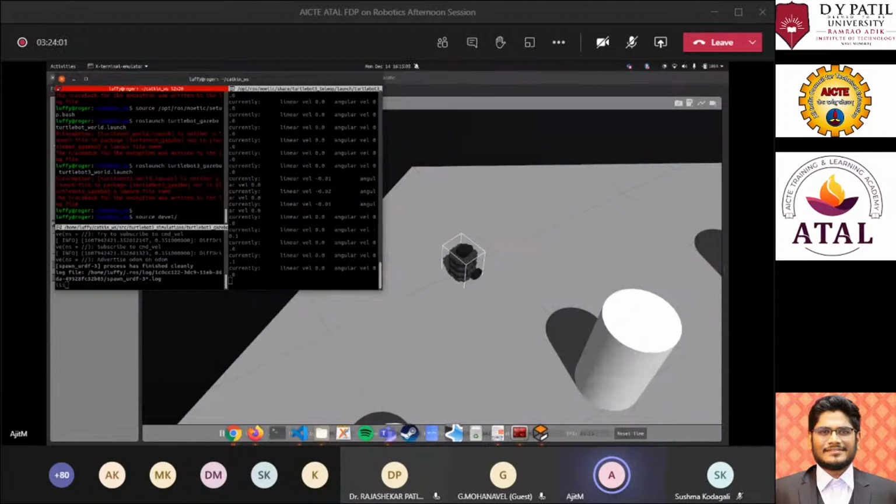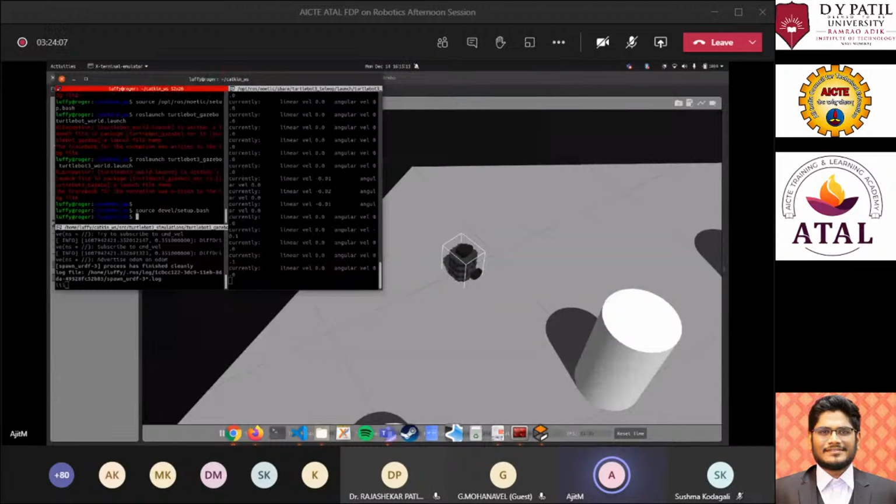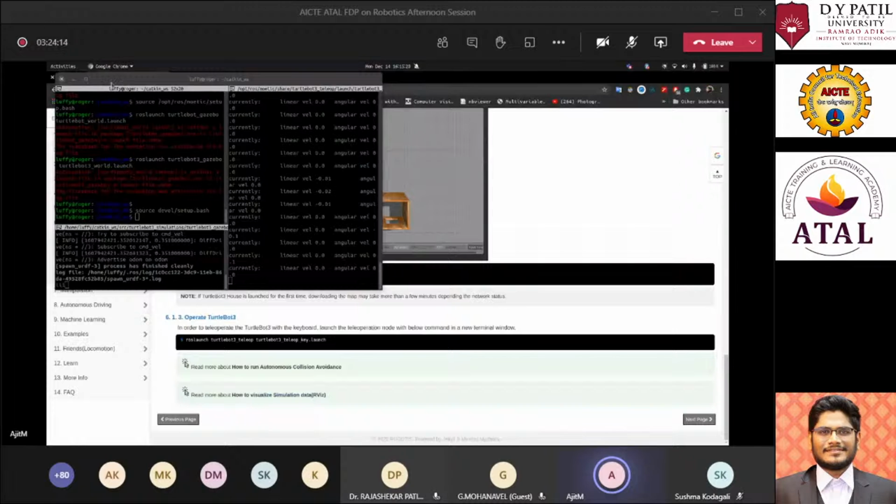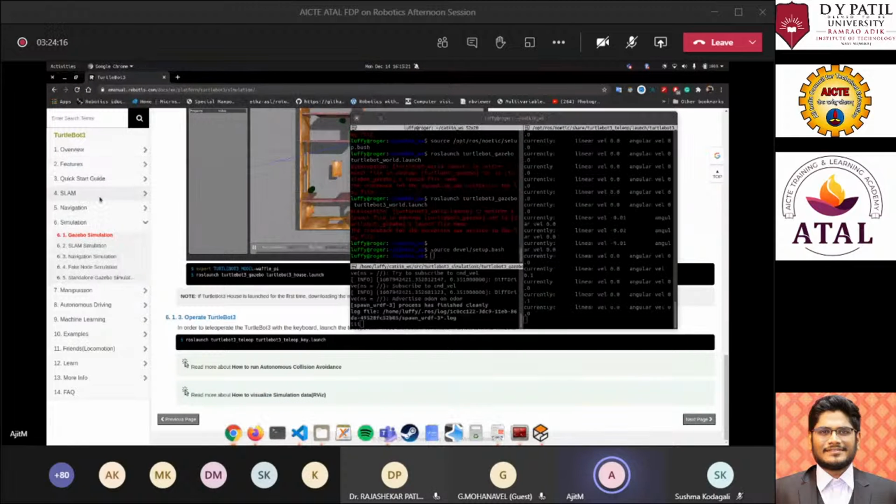Now what we'll do is I'll show you the SLAM algorithm and how you create a map and save it on the system. For doing that, they have also provided SLAM simulations over here.